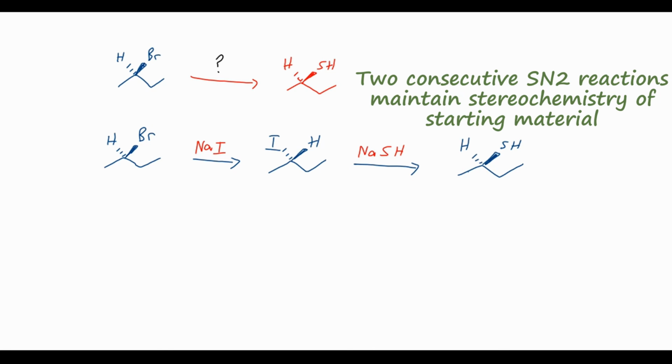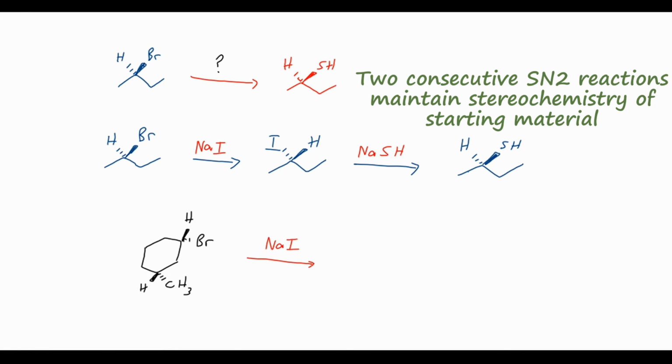I'd like to talk about one more part of the stereochemistry of SN2 reactions, and to demonstrate that we can use this substituted cyclohexane. So let's say on the bottom carbon here we have a CH3 group pointing into the page away from us, and then on this carbon we'll have a bromine again pointing into the page. So this will be a cis substituted cyclohexane, because both of these substituents are pointing in the same direction, so cis. And if we treat this with sodium iodide again,